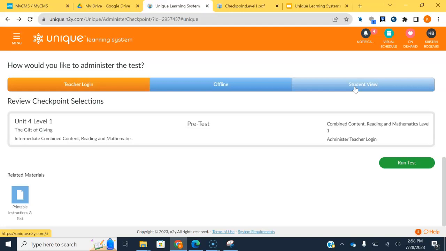You don't know if it was him. It could have been a parent. It could have been a brother or sister. You don't know. You weren't there for that piece of data. So that to me is not a reliable piece of data because you have no idea how it was obtained. So I personally keep student view